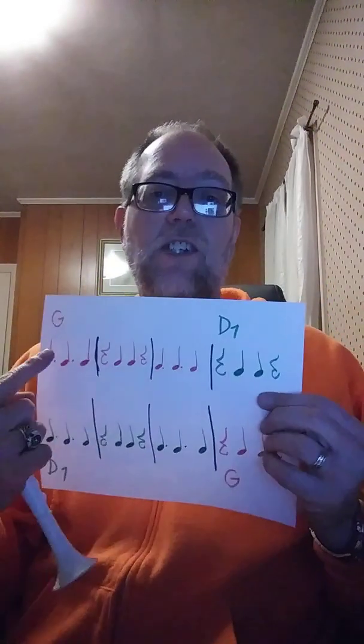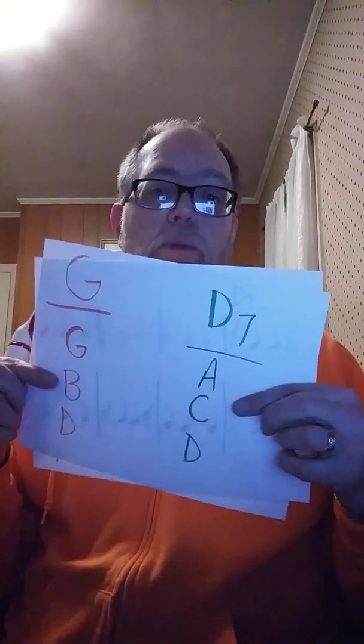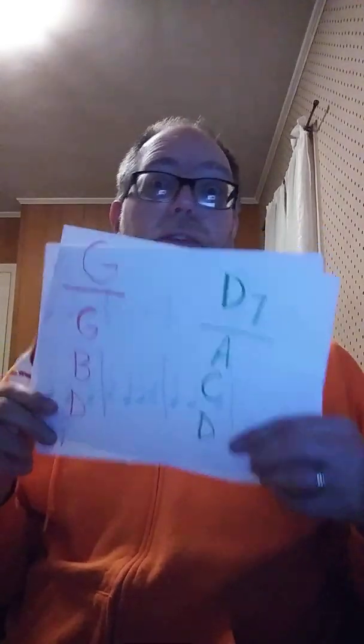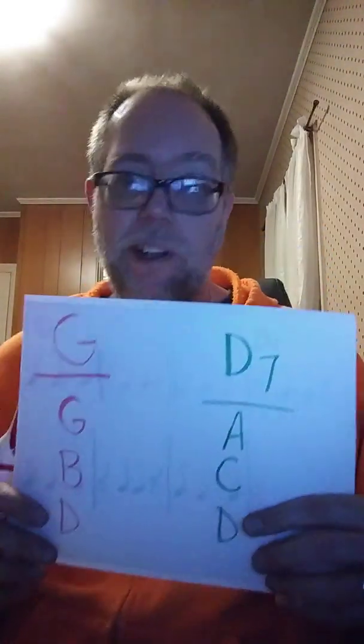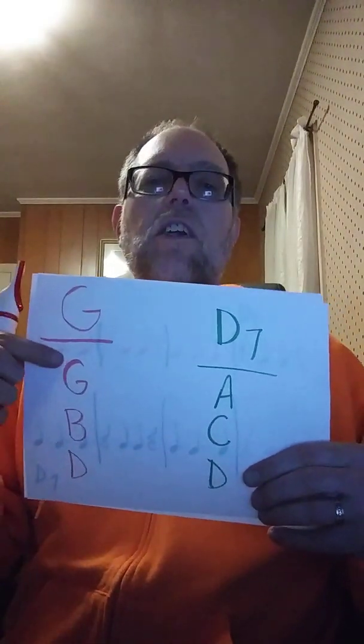So again, I chose my one note. When the chord changed, I changed my note to one of the notes that's in that chord. So I went from G to A, and then from A back to G. I could go from B to C, and then from C back to B. I could stay on D for the whole thing, but that would be kind of boring. I mean, if you want to do that, that works. But I'm going to suggest this. If you're going to do D,